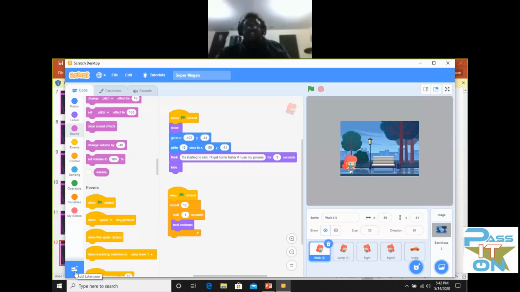and search for actual sprites. That's where I found Megan, this character that I'm using to represent her. Somebody made all of these sprites,